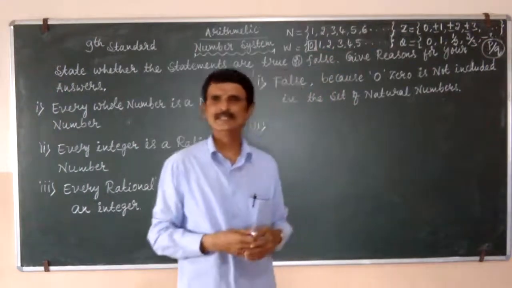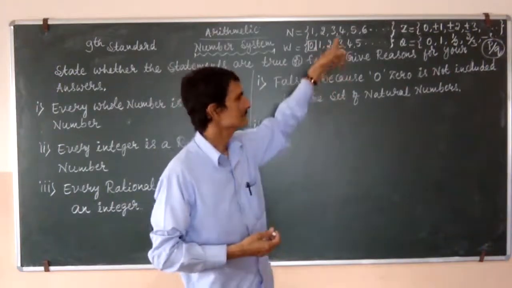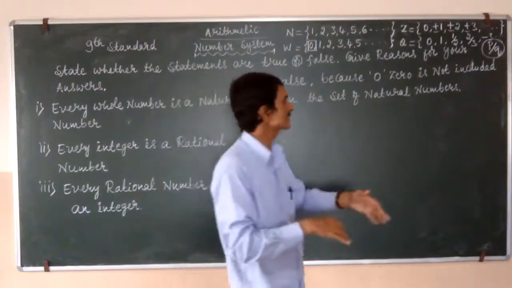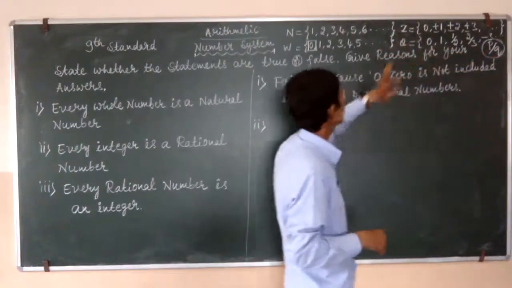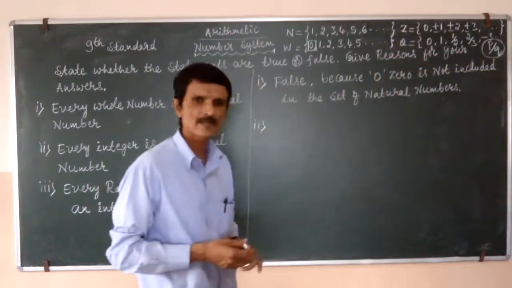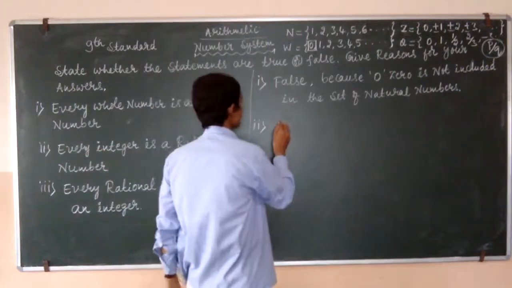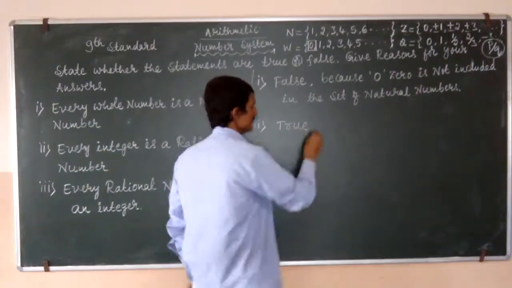Therefore, every integer can be expressed in the form of p by q. So this statement is true. The second statement is true